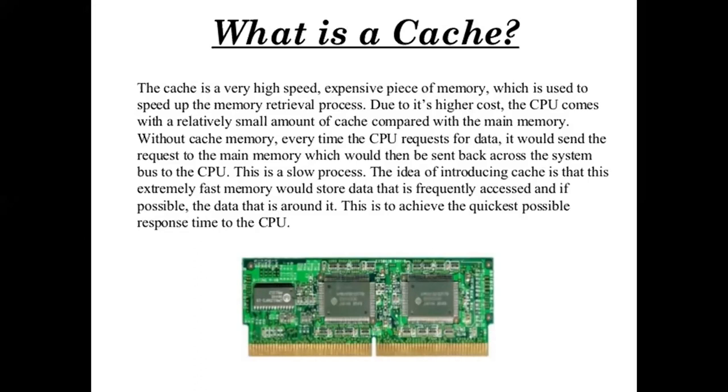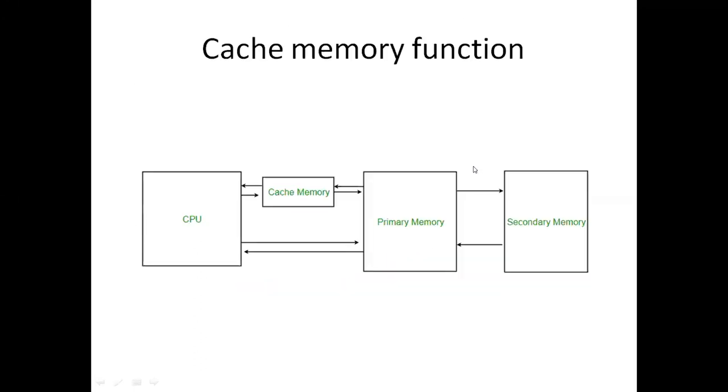So this is what we have about memories. Now next is the cache memory function. What I am discussing is this: if I am playing some song on the computer, or calling a file, for example a PPT file, the CPU goes to the primary memory. After going there, it will also drop a file in the cache and go to the CPU.